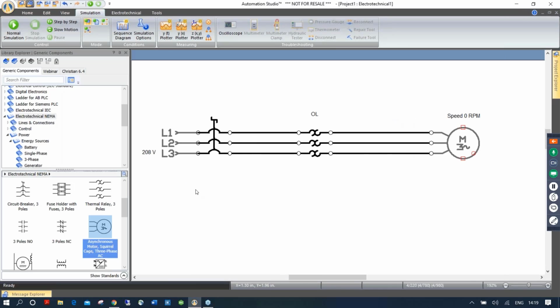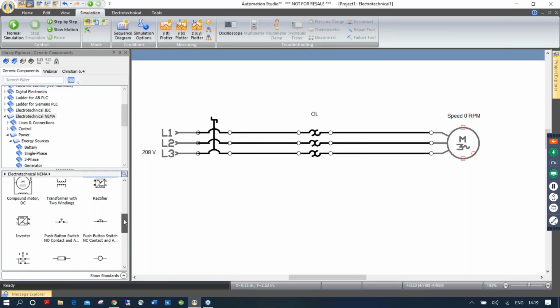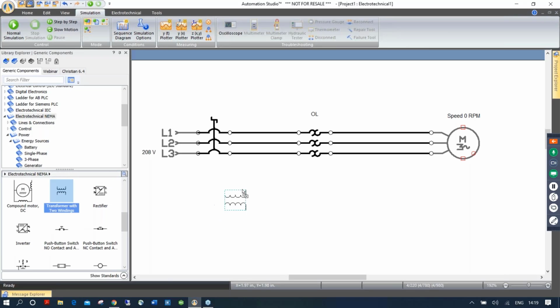So now what I'm going to do, I want to create a control circuit to actually push a button to start the motor go forward. Okay, so I'm going to drag and drop a transformer here, and I'm going to connect that on my circuit. So if I click here twice, again, the software asks me where I want to connect the wire. I'm going to connect it there. Click here,